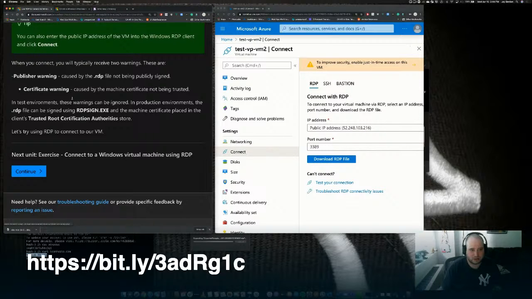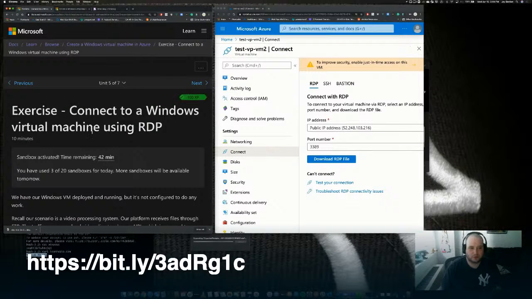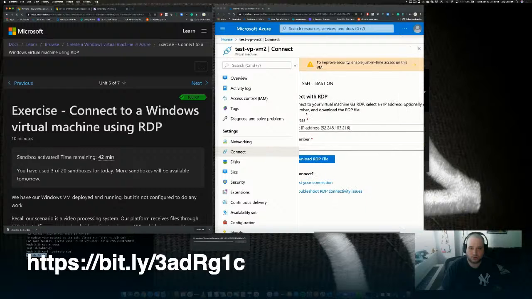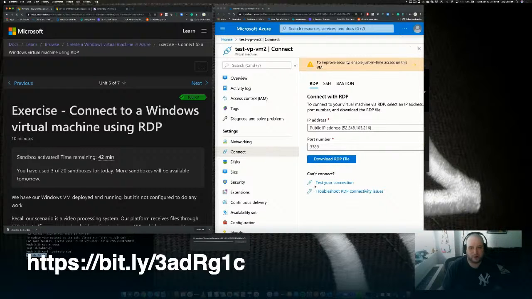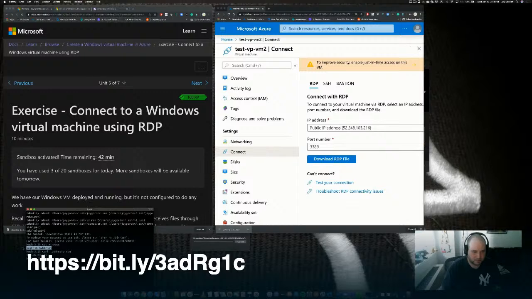So it's going to just basically tell you about certificates and things like that. We're not using any custom root certificates. We're going to connect to our virtual machine using RDP. So I went here to RDP, and I could just copy the IP and the port number, but you could also just download the RDP file. I have Microsoft Windows Remote Desktop installed on my Mac, so I'll just hit that RDP file, grab my Windows password,